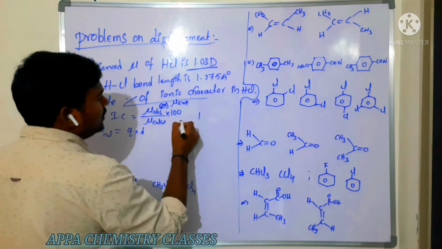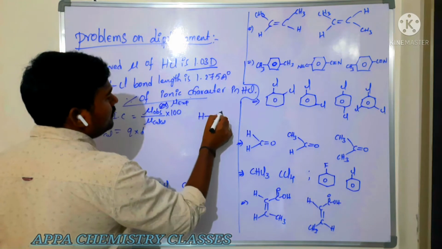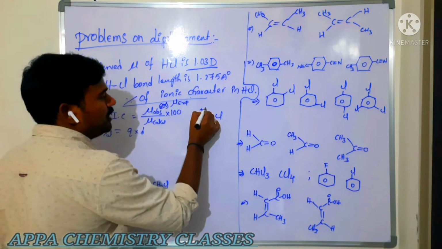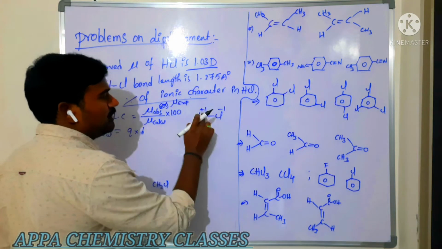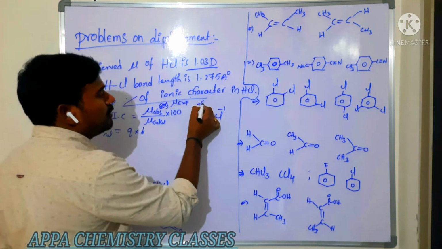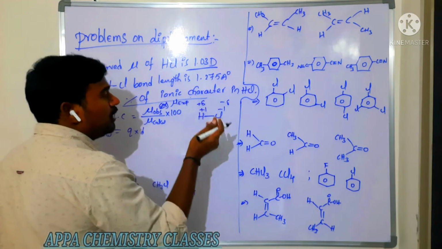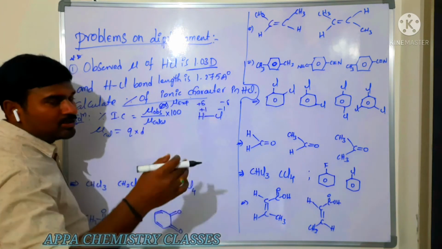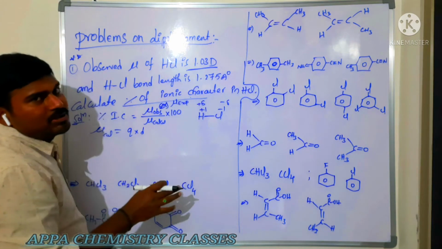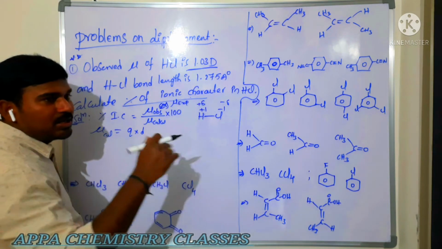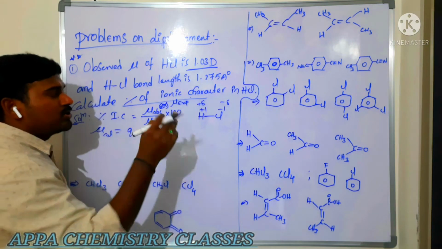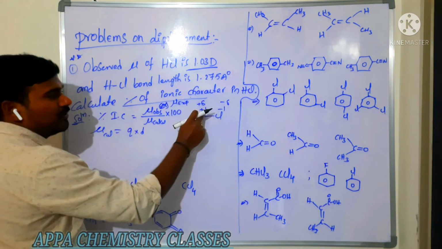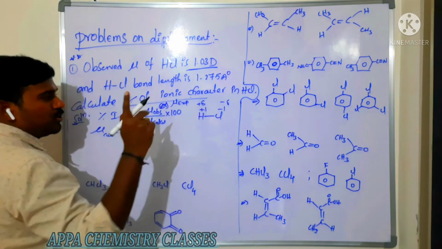Now take what they gave for HCl. Consider this HCl as a completely ionic compound, so it is plus 1 and minus 1. In reality it never is plus 1 and minus 1; it gets partial positive and partial negative. But while doing the problem you consider it like that, so it is plus 1 charge and minus 1 charge. You have to take any one charge there. Plus and minus is just loss or gain of electron, so one electron is extra here and one electron less.